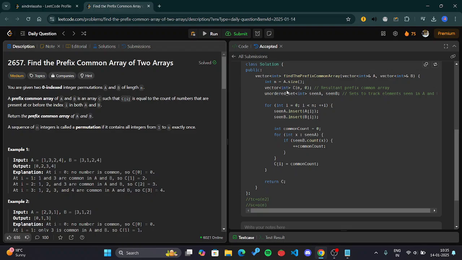So see, I have taken a vector, that is the final vector to return. This is not counting any space, not taking any extra space. This another set to store this vector A and vector B, to store the frequency of elements that is present in vector A and vector B. Now I have taken a for loop and checking whether